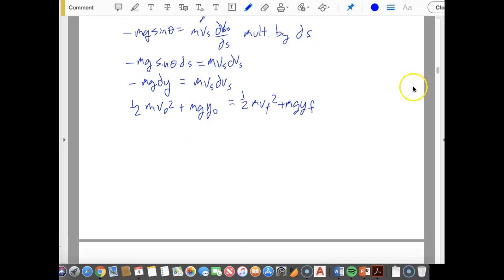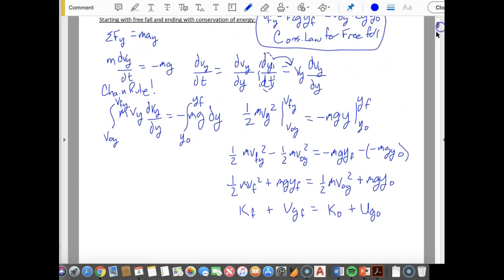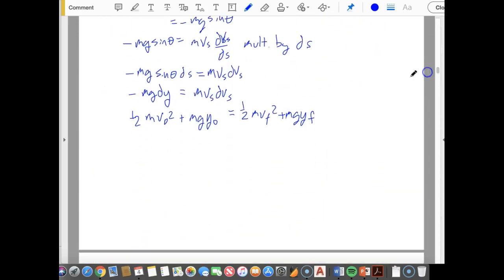final. And you're probably thinking, oh my goodness, how did you go from this to this? So we've skipped a bunch of steps. If you remember in the first video, we went through and we integrated both of those. So here's that m vs dvs over dy. Here's the mg dy. It's essentially the same thing. And if you integrate both of those sides, then you end up with that conservation equation. So there it is again. Mg dy is equal to m vs dvs, and we do our integration on both sides, and then you'll end